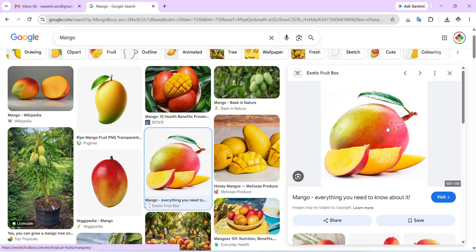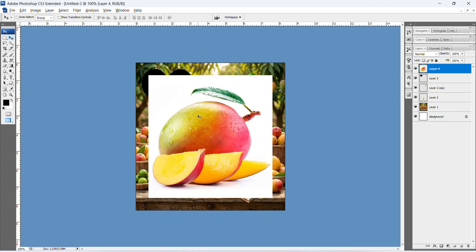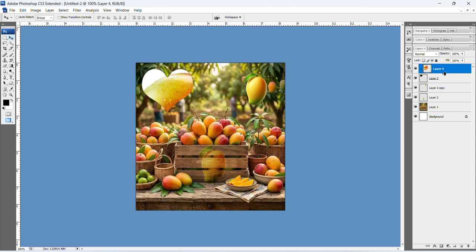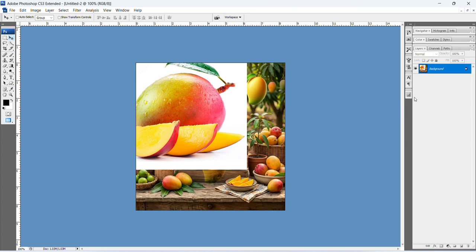Now I am copying this image from Google, trying to put it inside. I put it. Alright. Now I press Control Alt on the keyboard and move there with the image. Okay, you see it. Otherwise you can do this: merge visible, or this one, merge down. Okay,